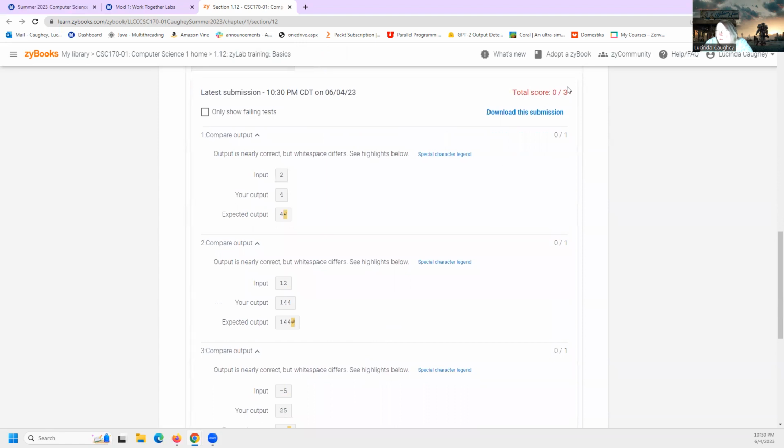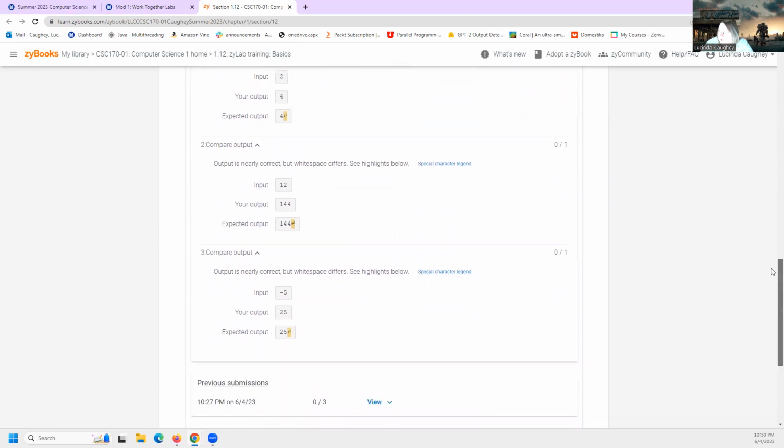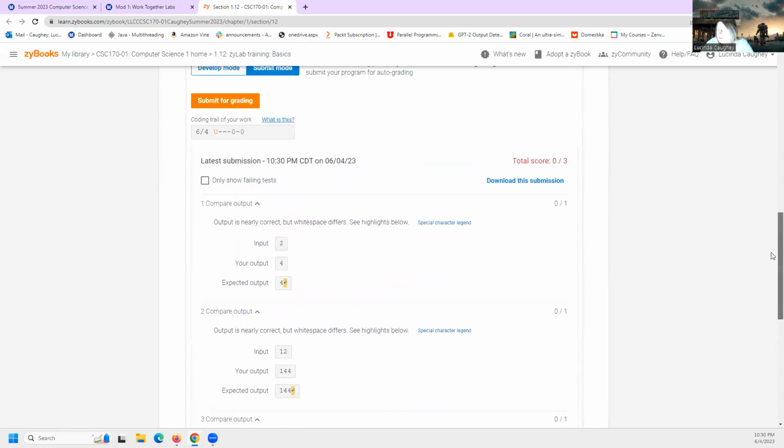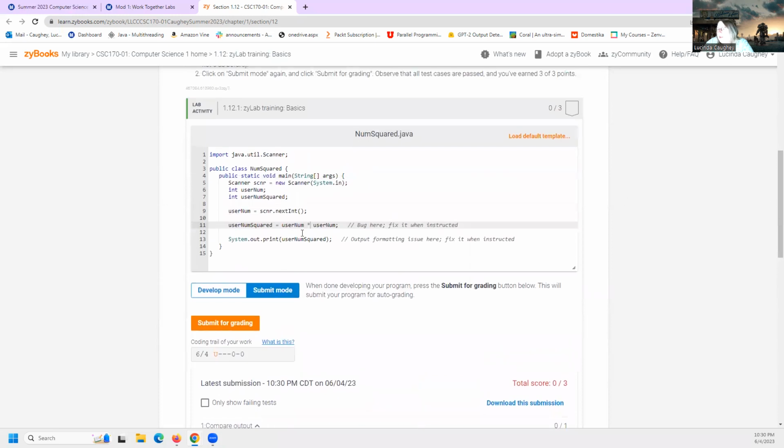0 out of 3. But look at what the error is here. It's that little carriage return line feed symbol. So the expected output is correct. I expected 144. That's what I got, 25 and 4. So my math is correct. My formatting is not. And I look here on the output line 13,